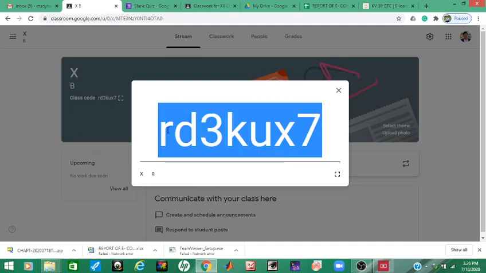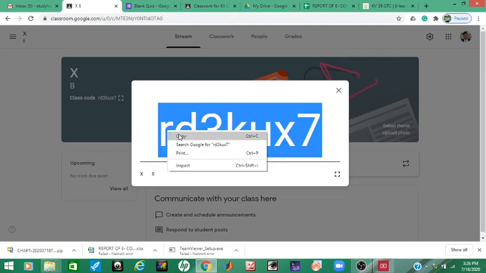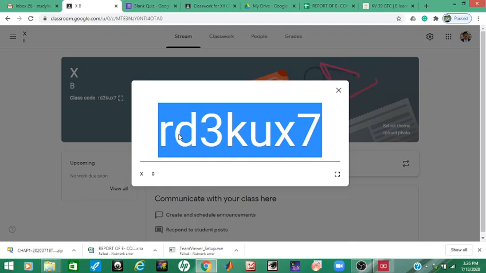We just copy this class code and share it on the WhatsApp group, and all the students will use this class code. They will download this Google Classroom app on their smartphone, or if they are using a laptop or computer, then they can go to the Google Classroom option in their Gmail, and using this code they can join your class.